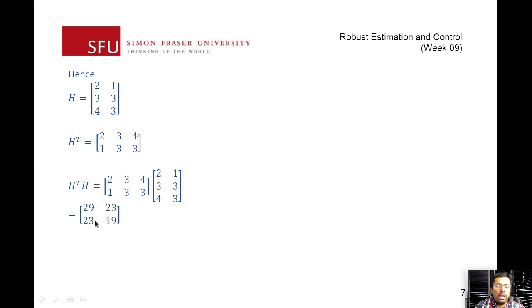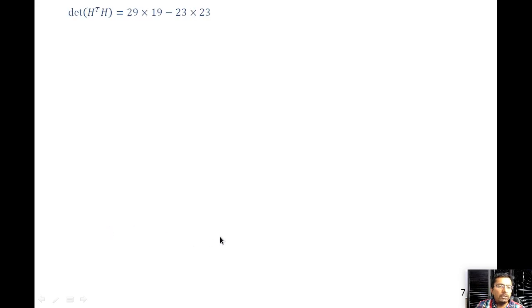So make sure that you double check. This would always be symmetric, essentially because you're multiplying it in this format. The off diagonal elements need to be the same. So next we'll take the inverse here. Because this is a 2 by 2 matrix, we can use a trick that we just had, or use the hint that was given to you. So for a 2 by 2 matrix, we have this in the form A, B, C, D. So A would be 29, B and C is 23, and then D is going to be 19. So you can substitute into the formula over there.